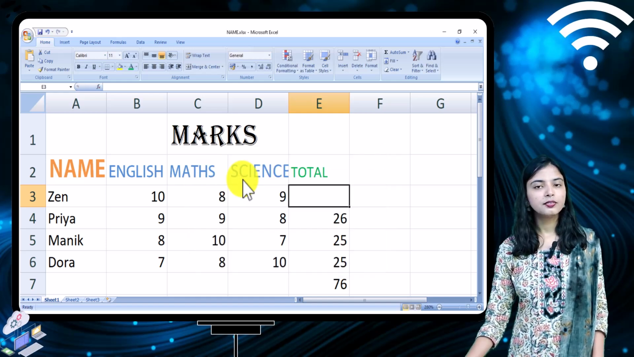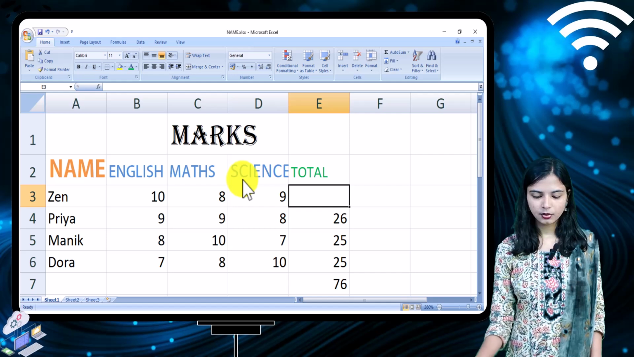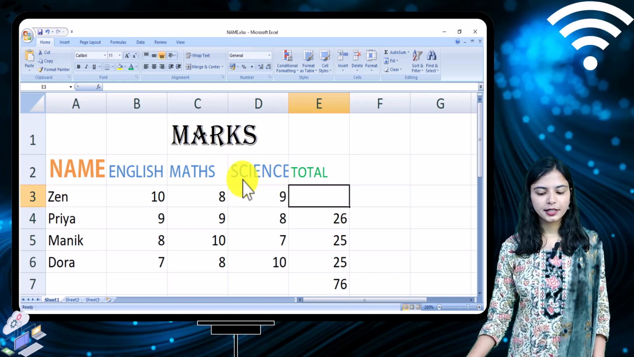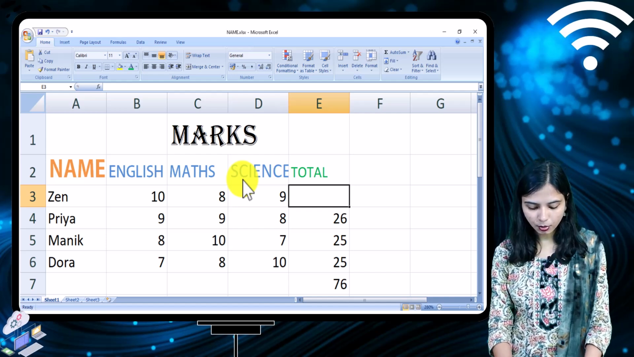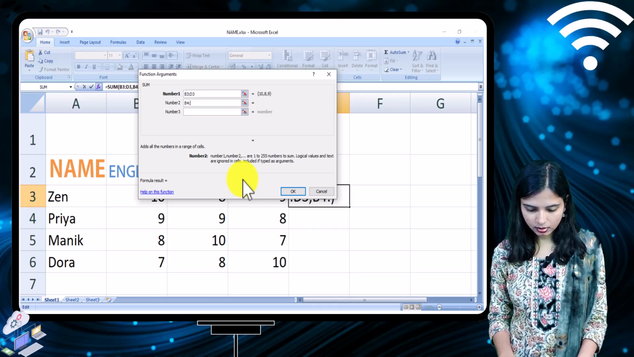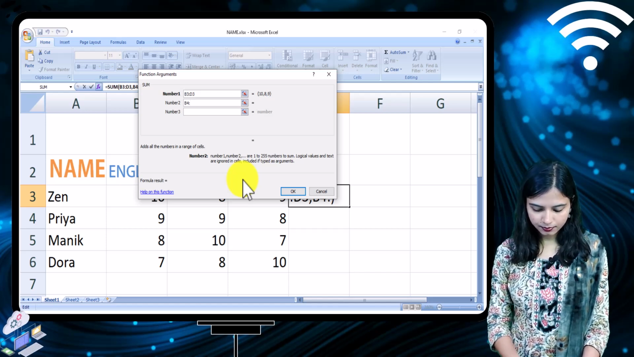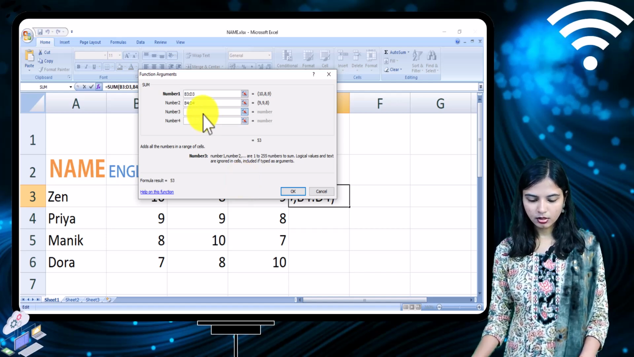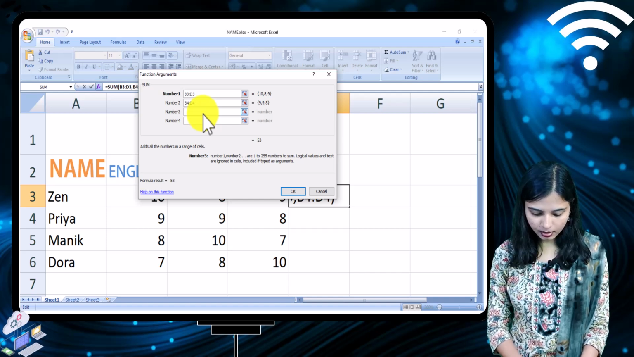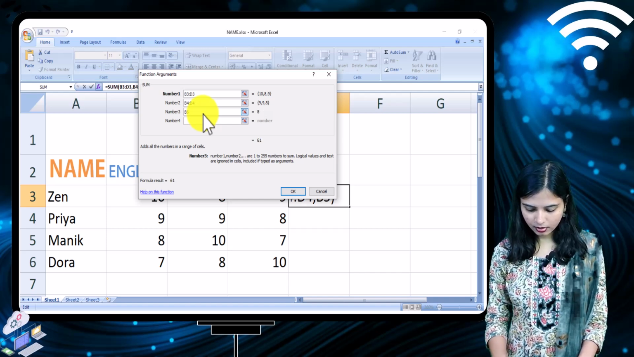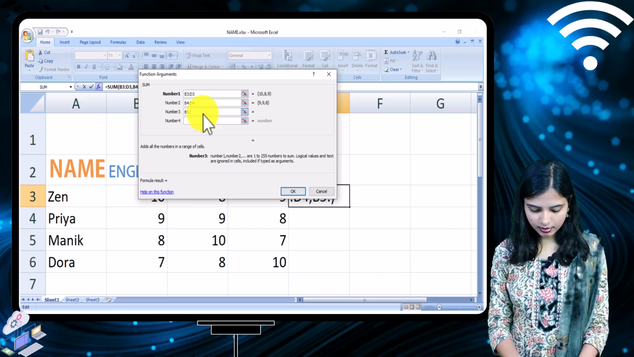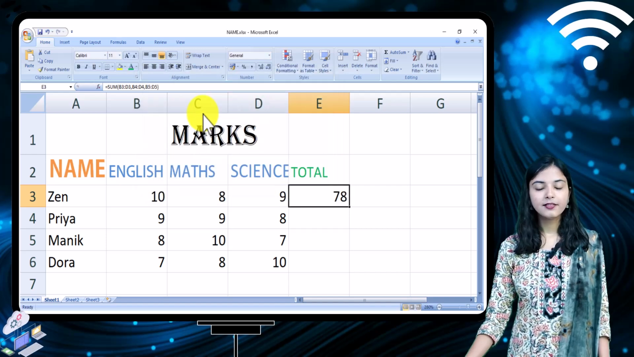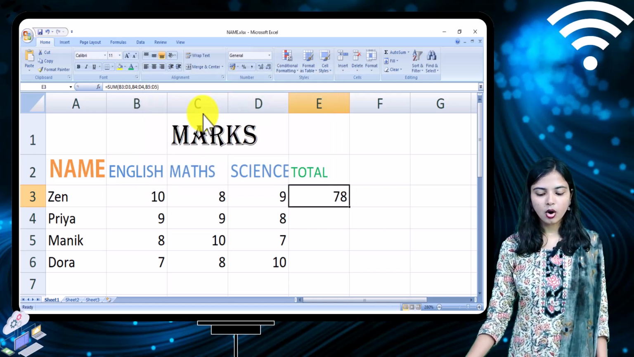So I will click on the function button and select the function here. After selecting the function, you can see that the number 1 argument has already been mentioned here. Now I can enter the number 2 argument, that is B4 colon D4. Now number 3 will be B5 colon D5. Okay students, after clicking on the OK button,